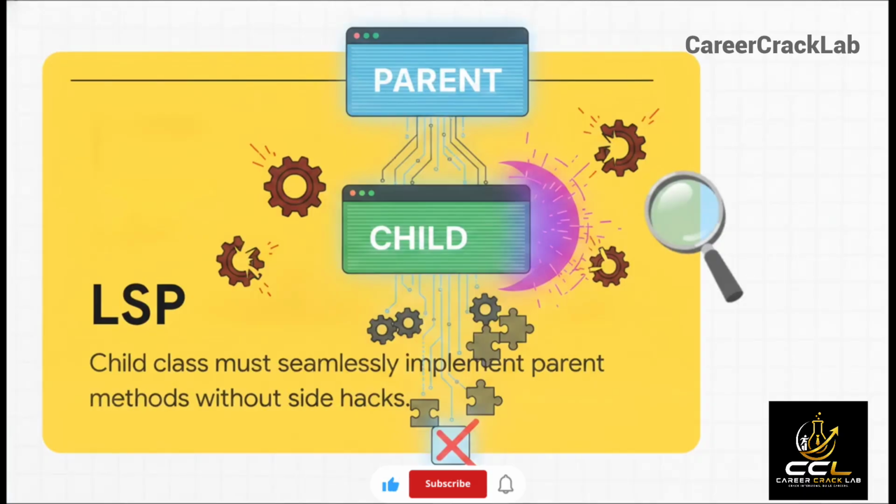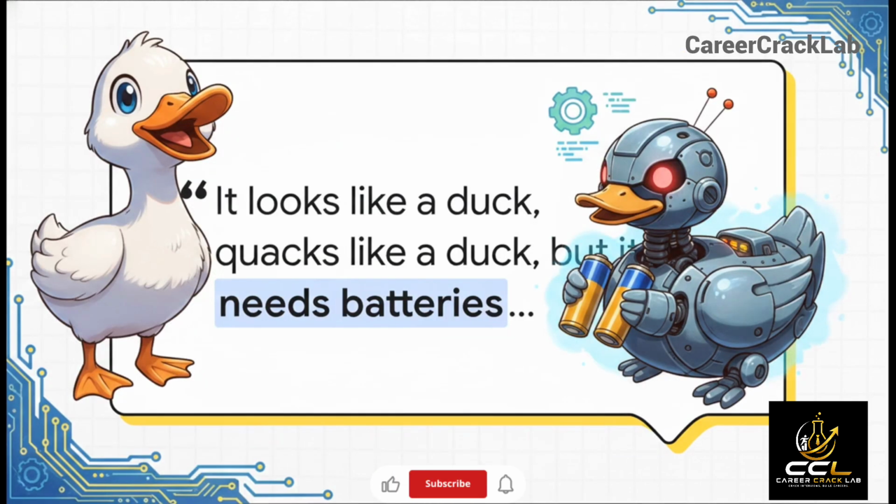Named after the pioneering computer scientist Barbara Liskov, this principle demands that a child class must seamlessly implement all methods of the parent class without any side hacks. Simply put, inheritance goes terribly wrong when a child class tries to subtract, disable, or just avoid properties it inherited from its parent. To really lock this concept into your memory, I want you to think of the classic duck